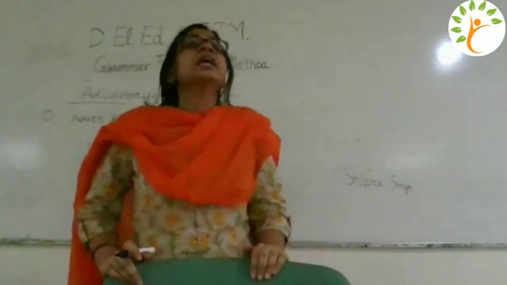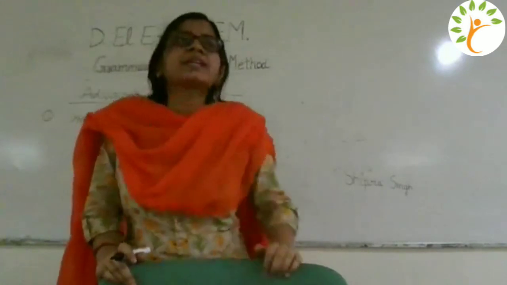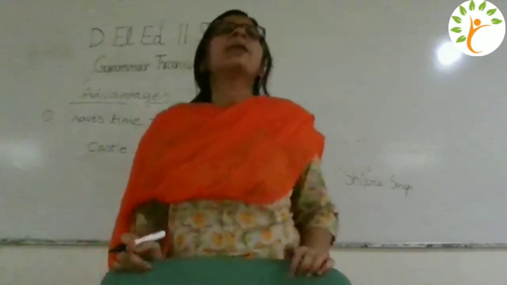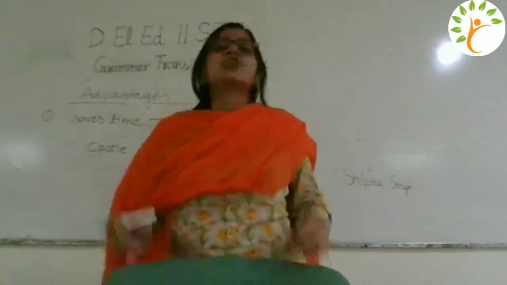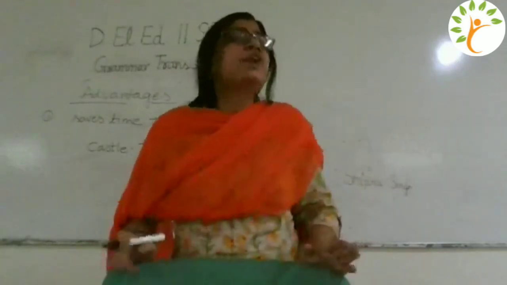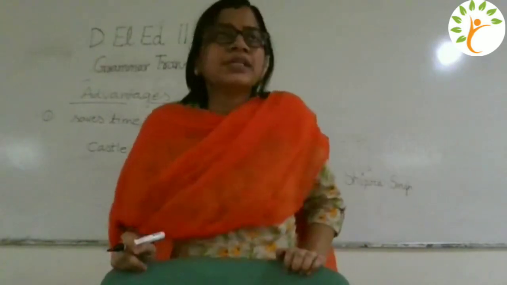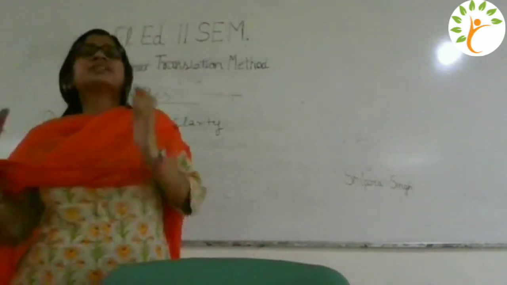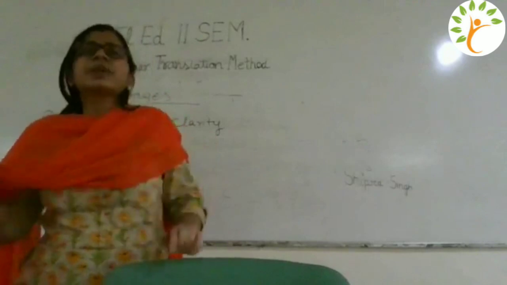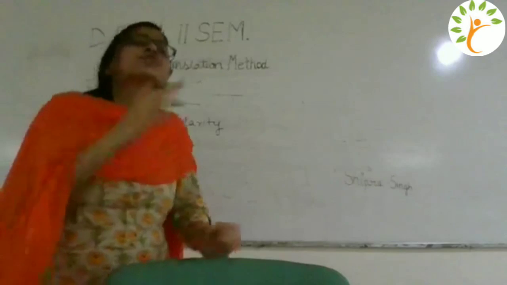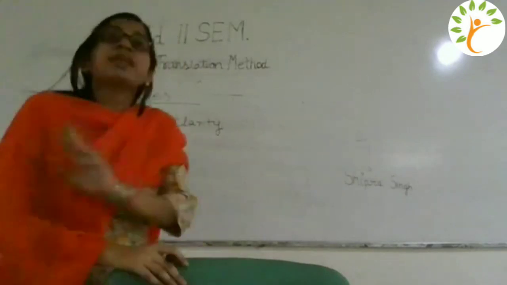But if the teacher is not allowed to use grammar translation method, he will say that castle is a large building with thick walls made by some emperor for security purposes. So this definition is quite lengthy. Further, there is no clarity in the mind of students. Every student will have a different association. Their mind will move in different directions. They all will have different associations for the same word castle. So it is not giving clarity.